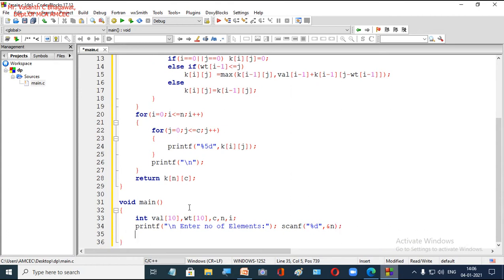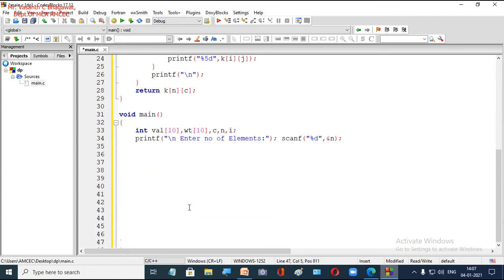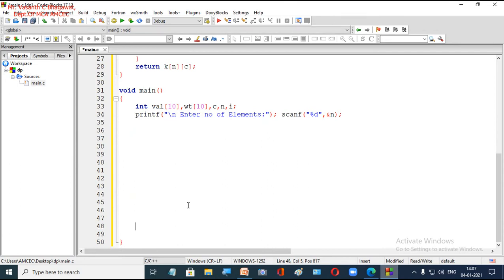So totally you have n elements. After that, you have to accept, for each element, the weight and profit or value.